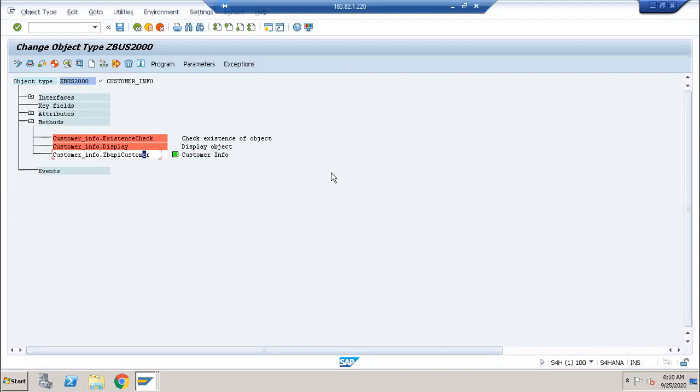First of all, we have to practice on RFC, the RFC connection. How can we create the RFC connection and how can we connect the systems? And for BAPI, I am not showing you how to connect from SAP to SAP and SAP to non-SAP by using BAPI, because I don't have any non-SAP system and I don't have knowledge on connecting SAP to non-SAP or SAP to SAP by using BAPIs. I didn't work on it in real time. Whatever I have worked on, all those things I am explaining here.